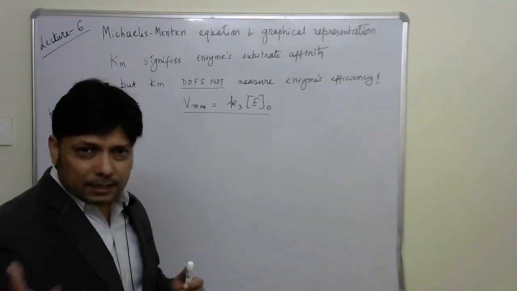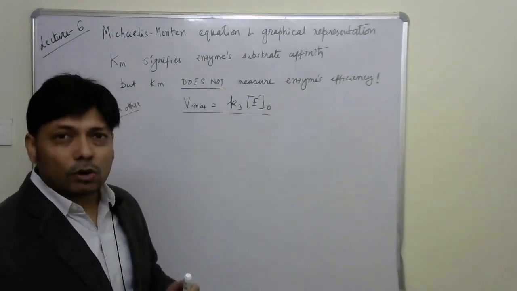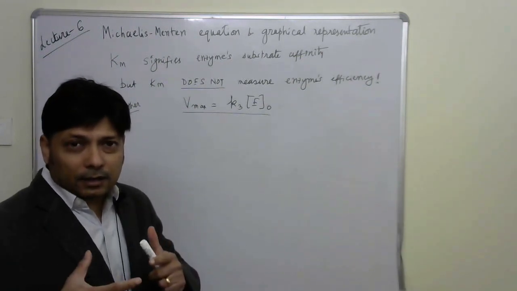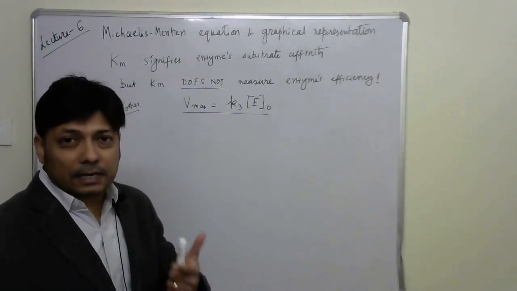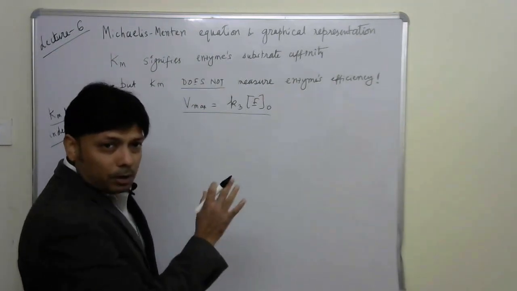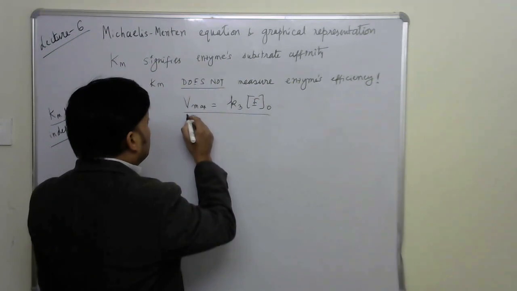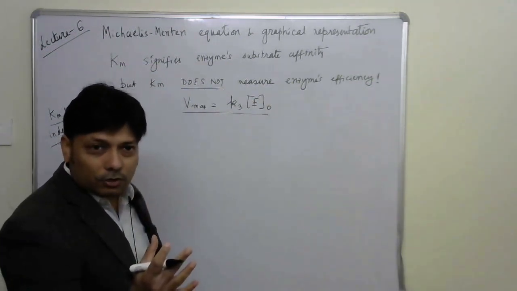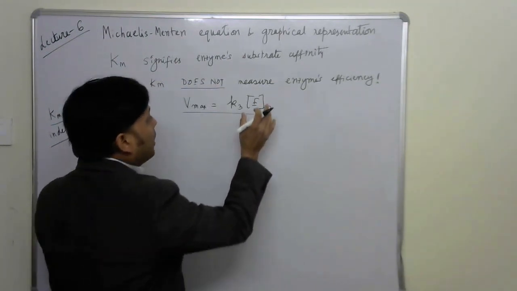And we want that number to be high, isn't it? That's the goal of catalysis. Whenever we are talking about how good the catalyst is, we will always be talking about some number. Vmax is equal to K3 E naught, where E naught is the initial enzyme concentration. If we keep that fixed,